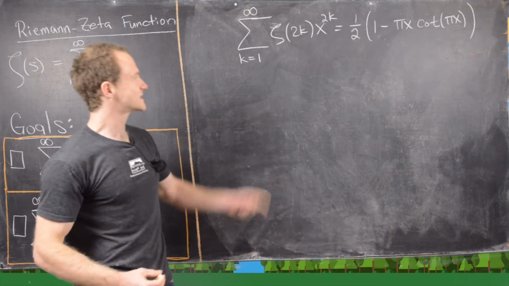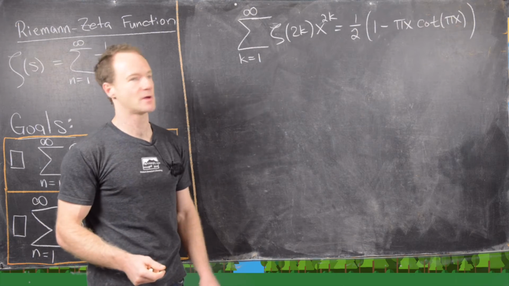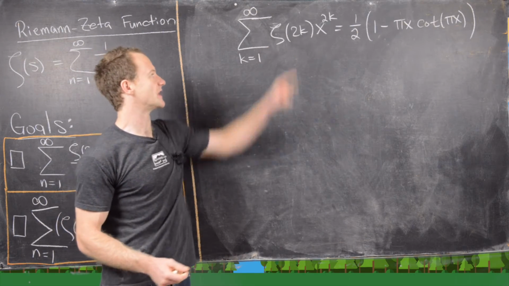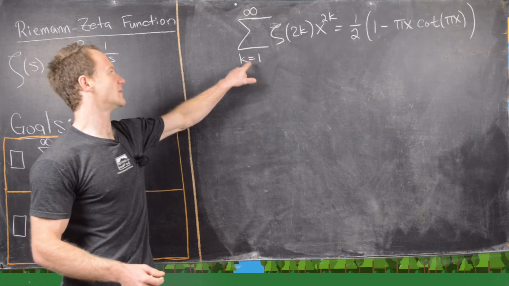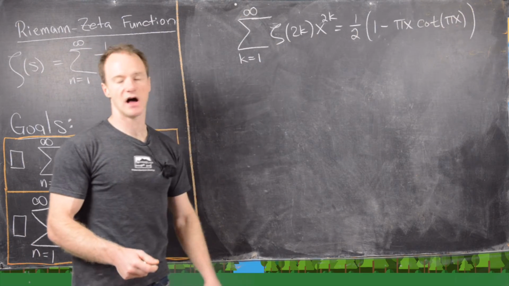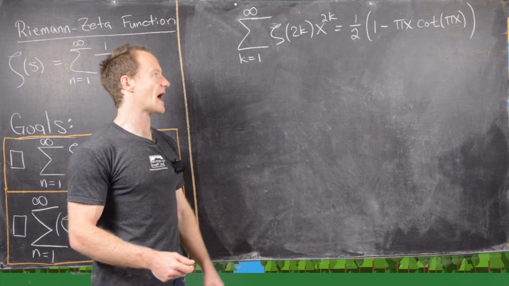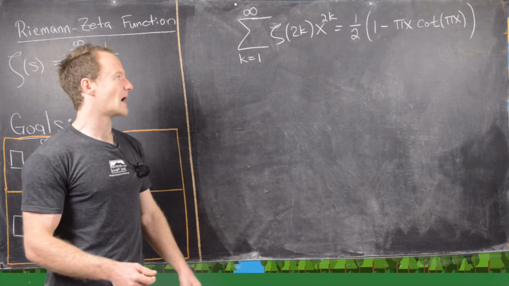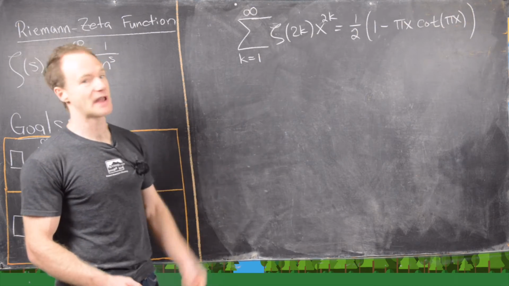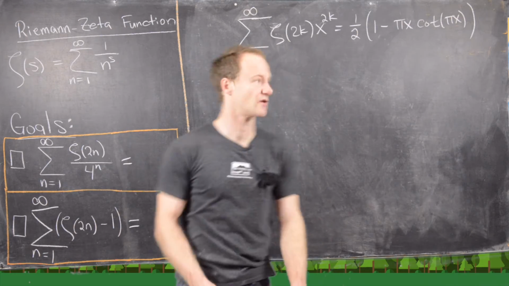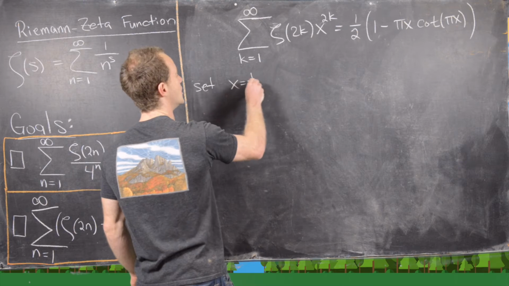Okay, so on the last board, we basically derived this formula, which I've just solved and cleaned up. We have the generating function for the even values of the Riemann-Zeta function. In other words, the infinite sum k equals 1 to infinity of zeta of 2k x to the 2k is equal to 1/2 times the quantity 1 minus pi x cotangent pi x. And so now immediately we can attack this first goal, and we can do that by setting x equal to